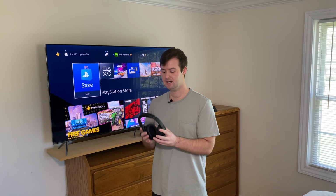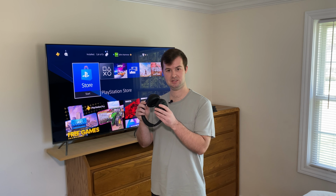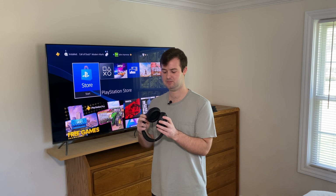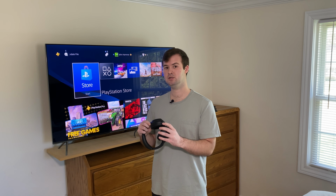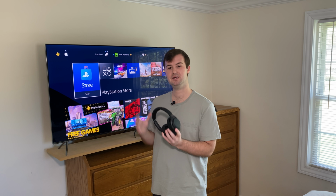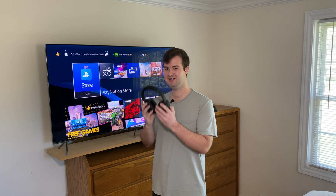Now, one more key feature about a non-gaming headphone, such as the WH1000XM3s, is that they also come with a headphone input port so that you can actually plug it into anything that also has a headphone jack. This is also really cool when you're traveling because you can plug it into, say, the entertainment system on an airplane, and you can still listen to movies and use the noise cancellation feature while you cocoon your ears